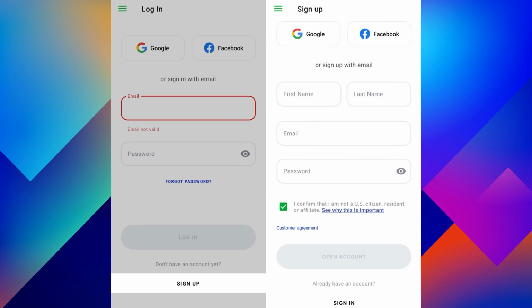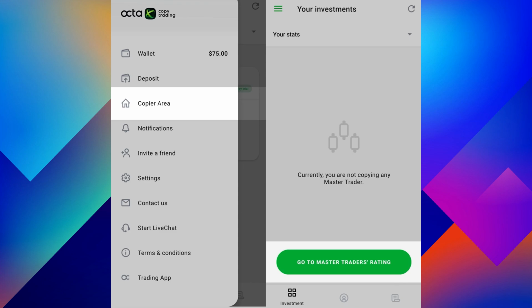To start copying trades, you'll need to add funds to your wallet. You can either deposit directly or transfer funds from your OctaFX trading account. All transfers are commission-free. To subscribe to a master trader, open the left-hand menu, go to Copier area, then select